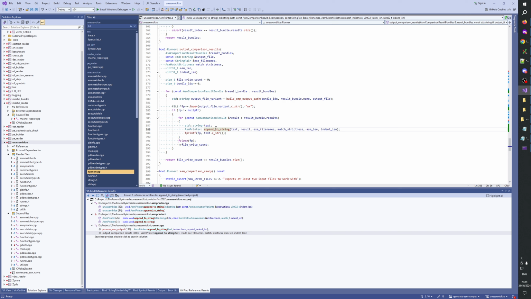And then, okay, let's not worry about what happens afterwards, just how we get this. So when we have comparison results in our bundle, we will have multiple function pairs in there that access the same